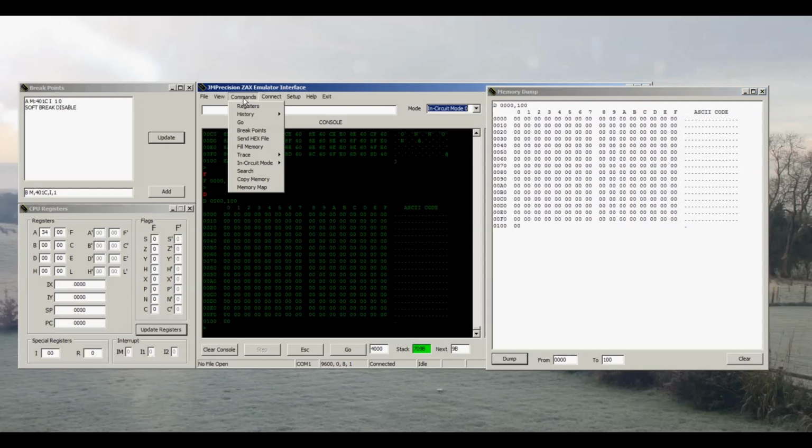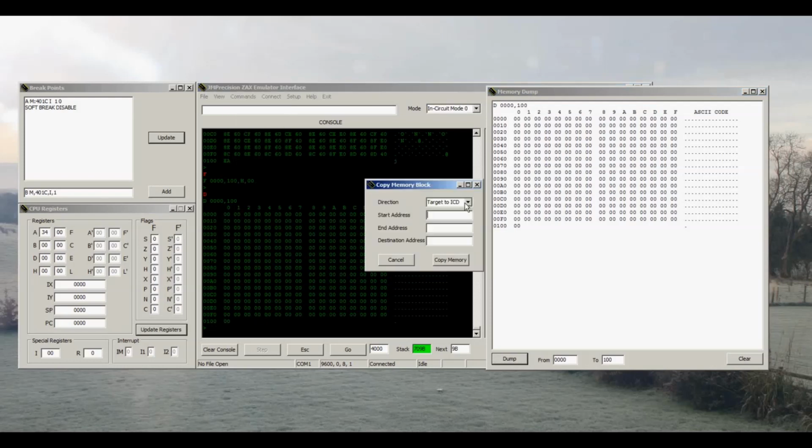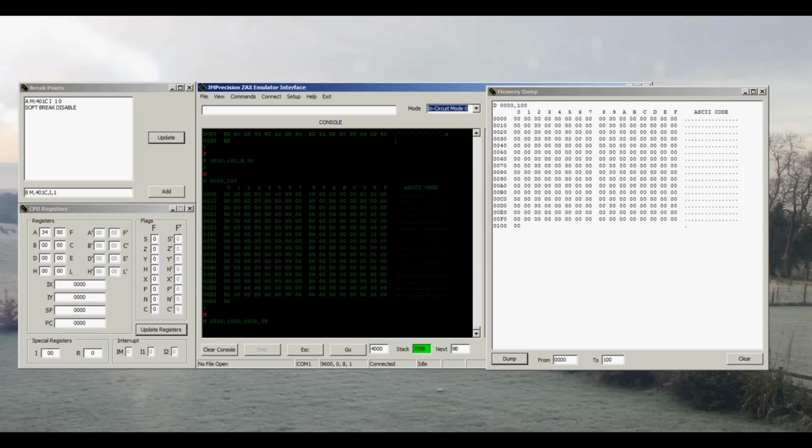So if we go to command copy memory, we can copy in either direction. So we can copy from the target, in this case that's the ZX81, to the ICD, or we can copy from the ICD to the target. We're going to copy from the ZX81, and we're going to copy the addresses from 0 up to 1000 hex, and we're going to copy that to the ICD starting at address 0. So we'll copy memory. That's now finished, and if we refresh this memory dump,